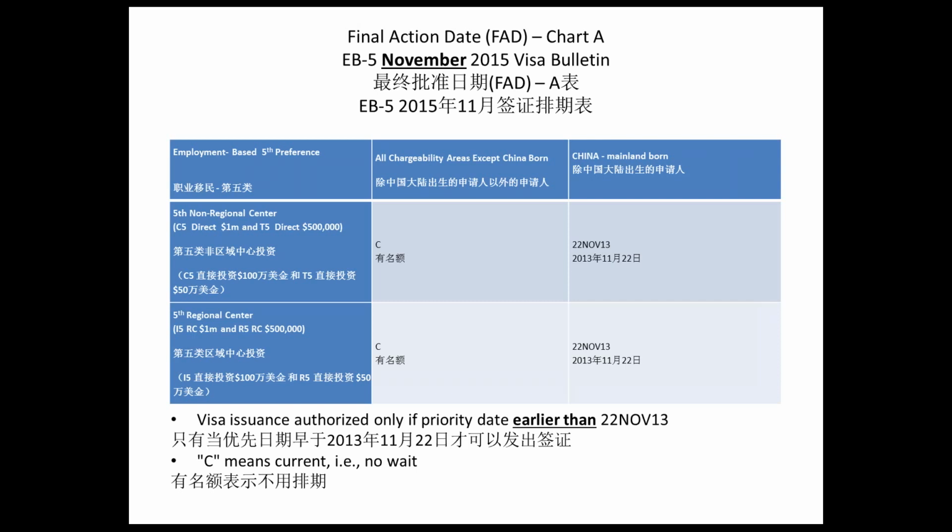Now we have the final action date for November, the new visa bulletin, with the final date for approval of cases. 现在大家看到的是11月的签证排期表，然后是最终批准日期的这一个表。I was very happy to see this because basically the government moved the date from October 8 to November 22. 也有一个比较好的现象，就是排期时间呢，从10月的那个2013年8月移到了2013年11月。